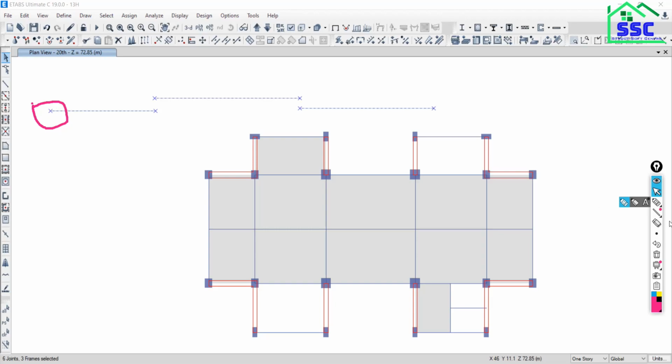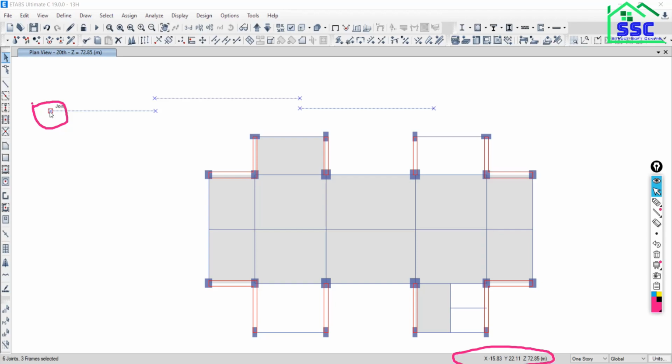So how will you get the ordinate? That is actually available here. When you take your cursor to the required point, what are you getting? X is 15.83, Y is 22.11, and Z is 72.85.